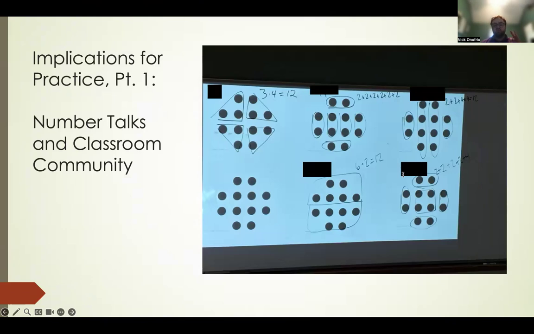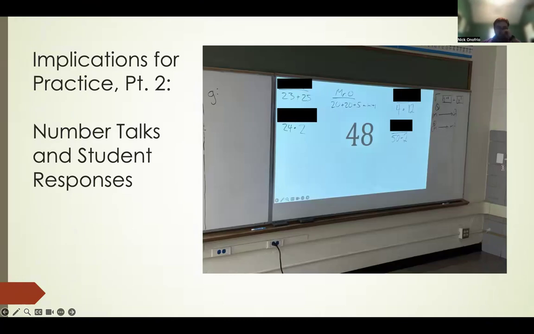So there were three major implications I had here. One of my first findings was that number talks can be an effective way to develop classroom community and growth mindsets. They also introduce low-level discourse for my students. However, I need to do further research to find ideas for my older Algebra 2 students as the geometry students benefited more. For my second implication, I found that number talks can have a marked effect on student response